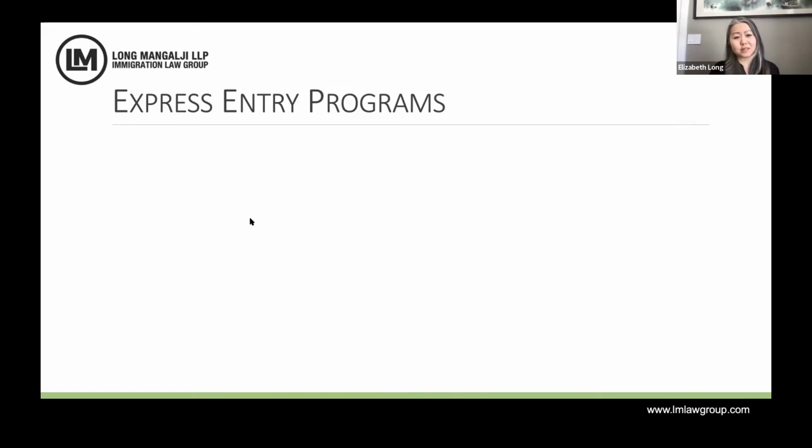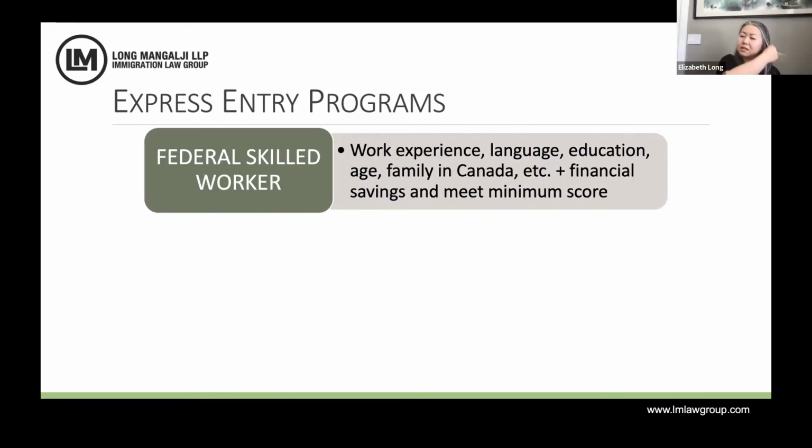So anyway, going back to Express Entry, there are 3 categories, like I said. The first category, the federal skilled worker class, they haven't invited people there for almost 2 years now, but likely they will start again, hopefully soon, maybe by late this year or next year. A lot of you, if you already have 1 year of continuous high-skilled full-time work experience in one occupation, meaning at least 30 hours a week, can qualify. Okay, so for this federal skilled worker class, you have to have at least 1 year full-time, at least 30 hours a week, high-skilled,